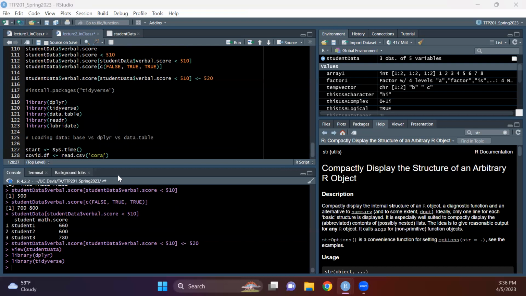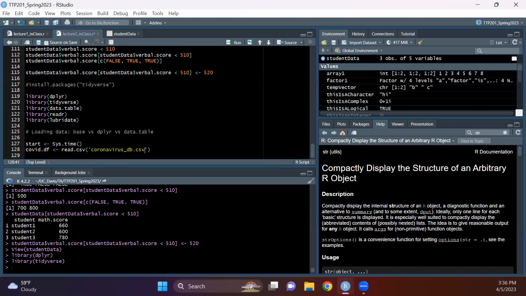For this to work, this file has to be saved in the directory that your project file is in, or it has to be in your working directory. And then let's print,